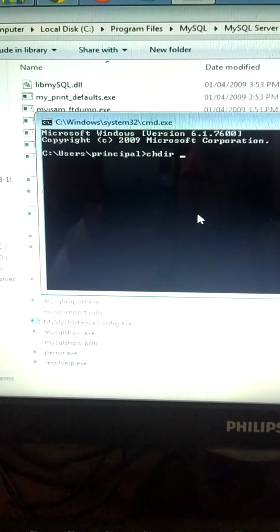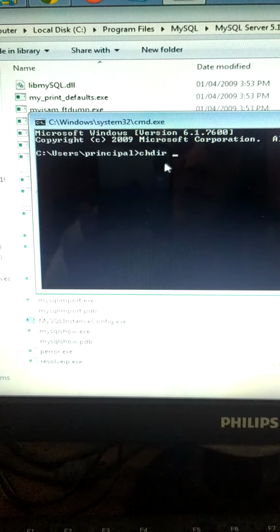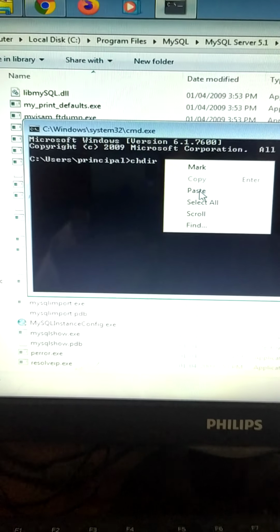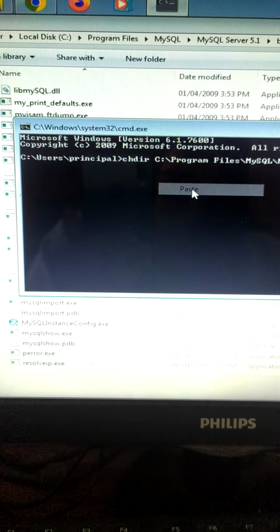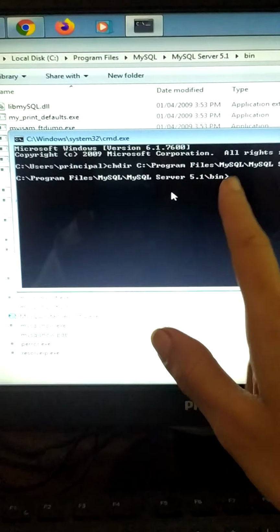CHDIR space, and you have to paste it. The shortcut won't work. You will have to right click and paste it. Can you see this path is displayed? And click on enter. Now we are in this bin folder.